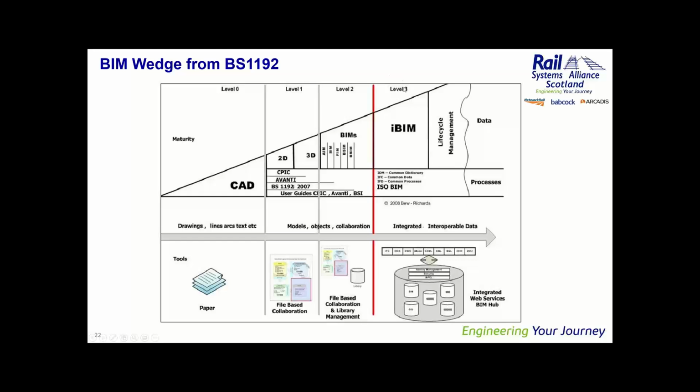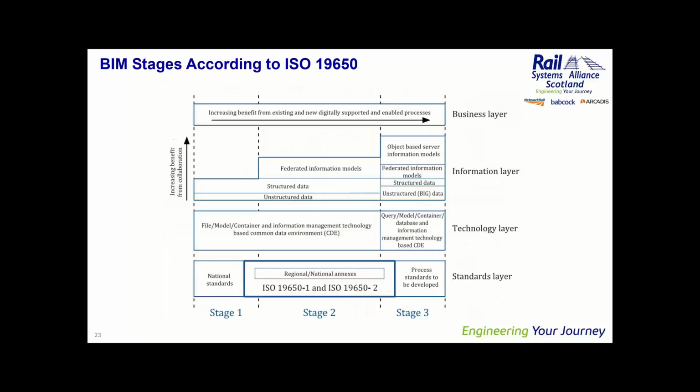BIM level 3 actually never materialized. It was talked about in industry, and the BIM government task force had aspirations for a BIM level 3, but they kind of changed the terminology from BIM level 3 to Digital Built Britain or something like that. But then the ISO 19650 came along, and levels entirely were replaced. You still hear people talk about BIM level 2 all the time, and you continue, I'm sure, to hear people talking about BIM level 2, and that's fine, I think.